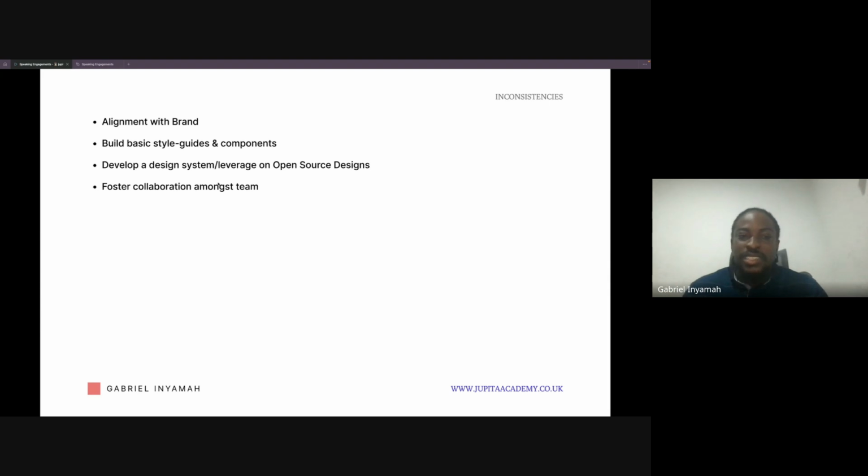So they can see the style guides, they can see the components that you built out, and they're able to make sense of your design, right? So develop design systems, right? If you have that time, you can develop a design system. But if you don't have that time, you can leverage open source, right? As designers, if you have access to the Figma community, you would see a lot of design systems in the Figma community, and I'm sure some of us have seen that. So you can leverage